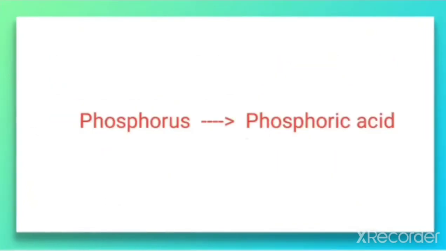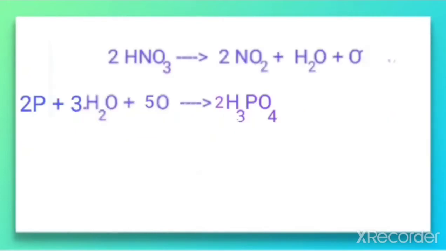Now let us discuss the second reaction here, that is the oxidation of phosphorus to phosphoric acid. That is, the reaction of nitric acid in which phosphorus is converted into phosphoric acid. In this equation, first we need to write the first reaction, which I told you is the common reaction for all the cases here. That is the first reaction, the reduction reaction. Now this is the second reaction, the oxidation reaction here.